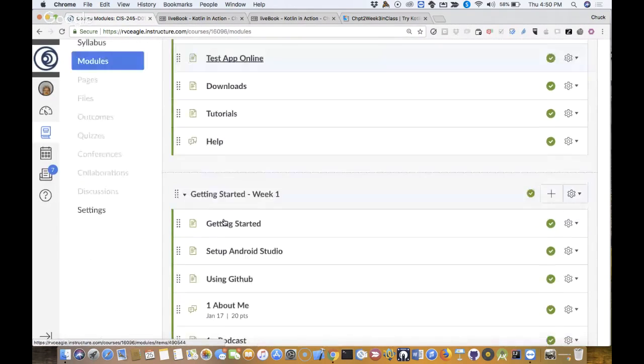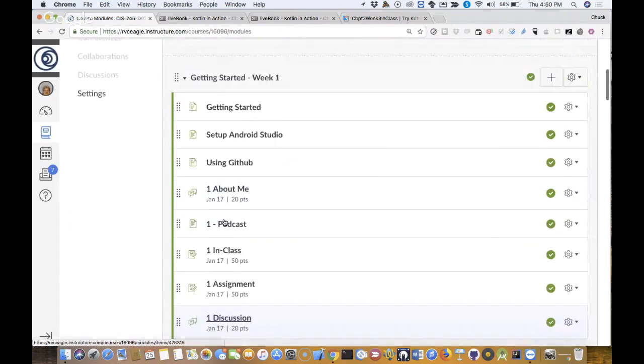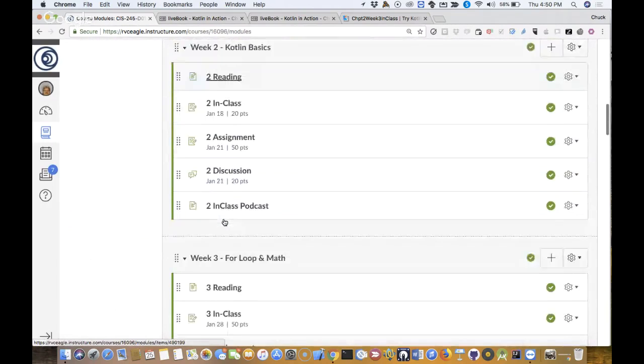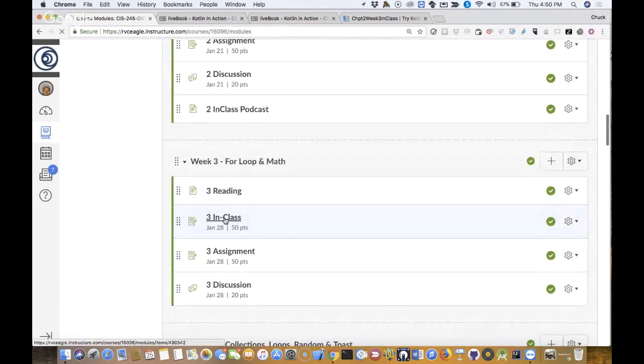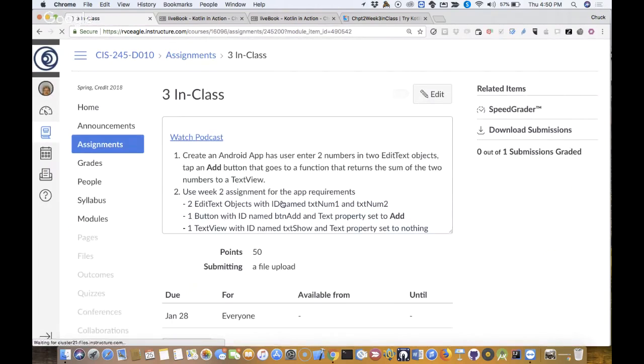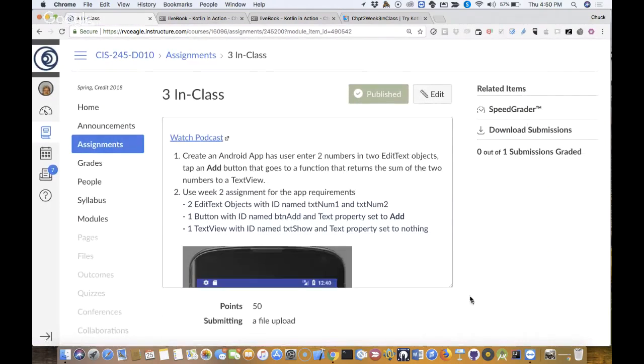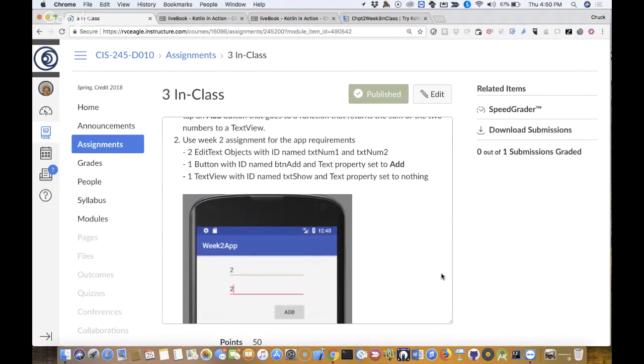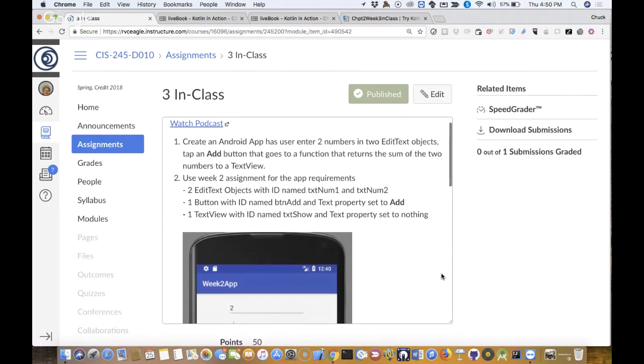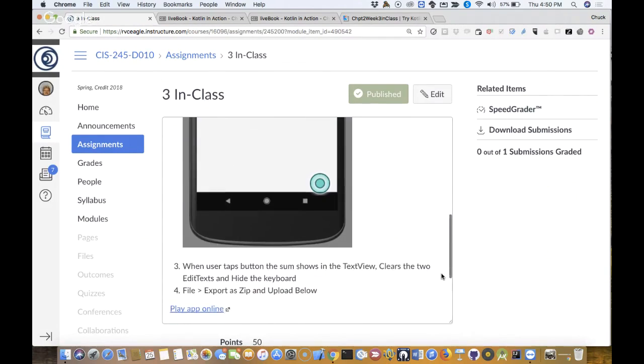All right, let's get into some coding then. In week 3 in class, let's go ahead and go into that. This one, I put a podcast out there already. If you didn't see it, you can watch it outside of class, but we'll do this together in Android Studio, just kind of play with it. Basically, it's a pretty simple app. I'll fire up